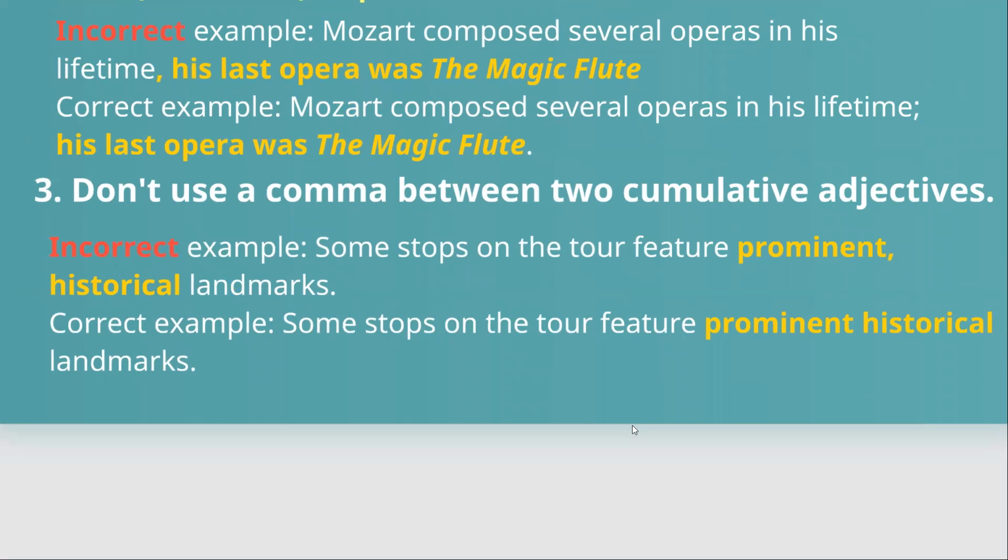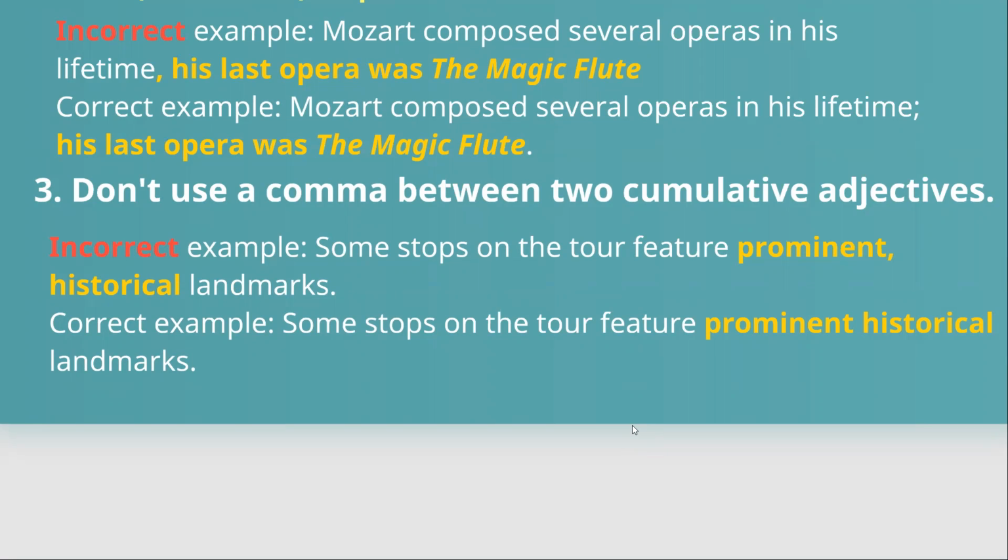Our final don't rule is don't use a comma between two cumulative adjectives. And we'll quickly go over the incorrect and correct examples listed. That sentence reads, some stops on the tour feature prominent historical landmarks. Now notice the words prominent and historical are both adjectives describing words that are essential to fulfill the purpose of the sentence. The key to remembering the cumulative adjectives is remembering that they increase and build meaning as they move